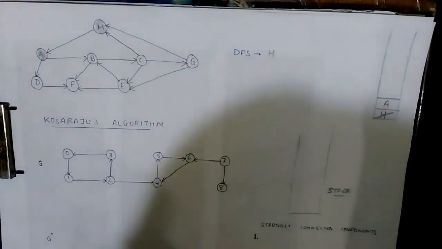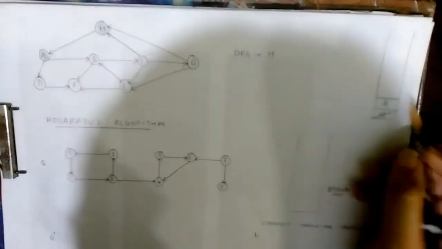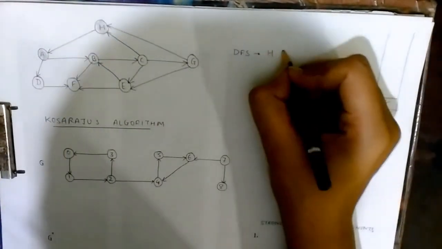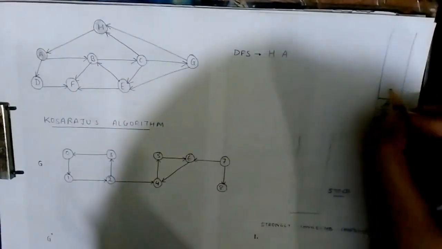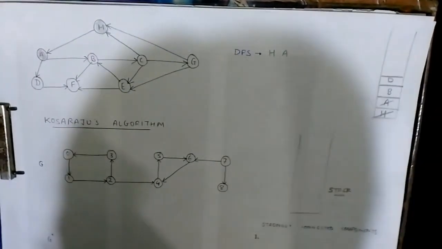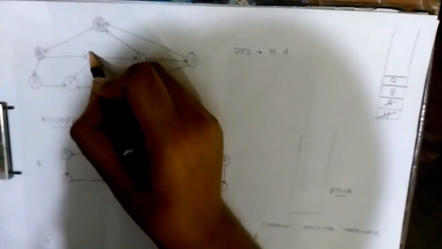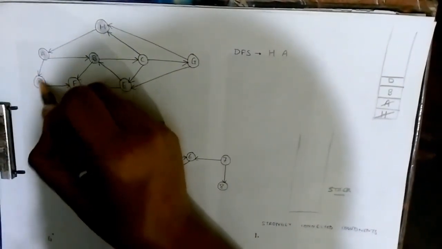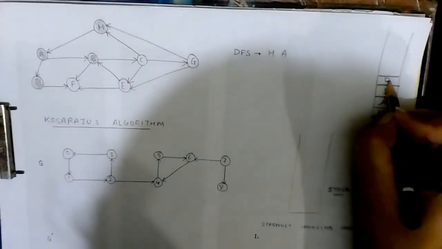Okay. Now we pop the top element and print it out. Now A. From A we can go to B or D. Let's put B and D in the stack. Now we'll mark them as visited. Pop the top element,